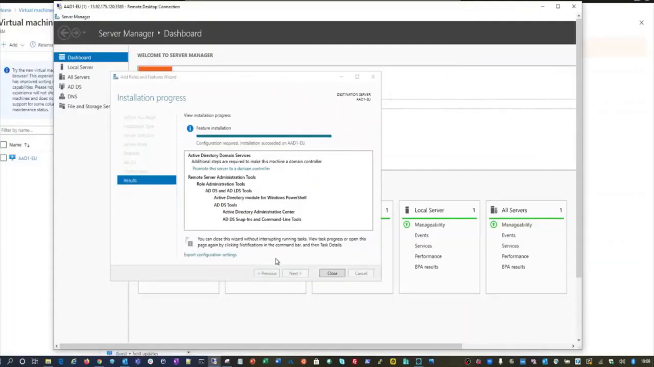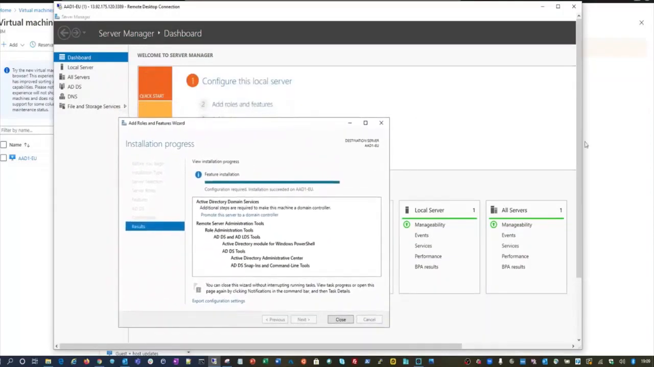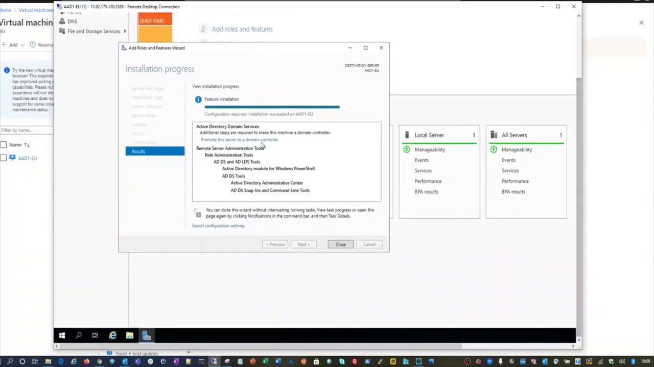So guys, welcome back. We are done with the installation of the Active Directory role on this server. Now we will go ahead and promote this server to a domain controller. You can see a link here. These days you will find a link here, so you can just click on this to promote this server to a domain controller. So I will click on this link,